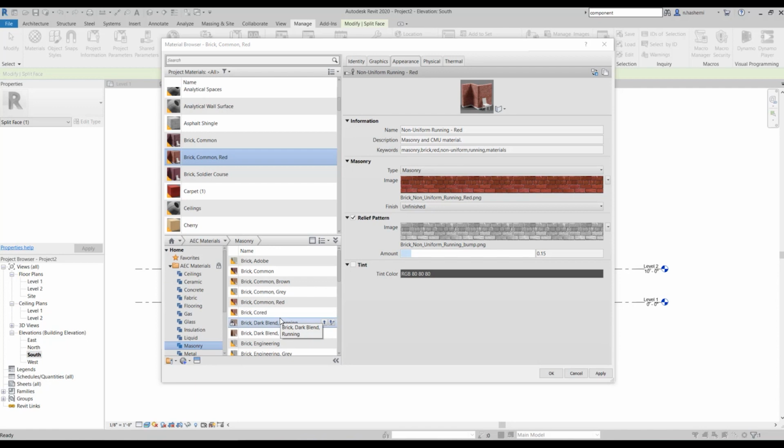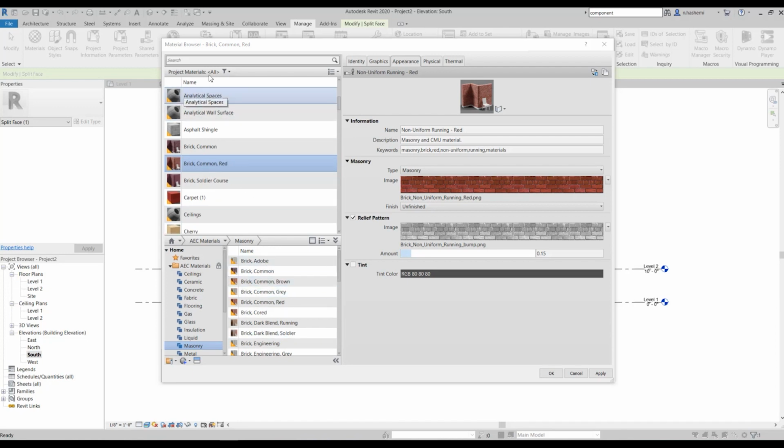So if you want a material that is not available in your project, you can either create one or come here and just load it from the material library. One more thing here is that when you search in the search bar, it will search both in the project materials and the material library.